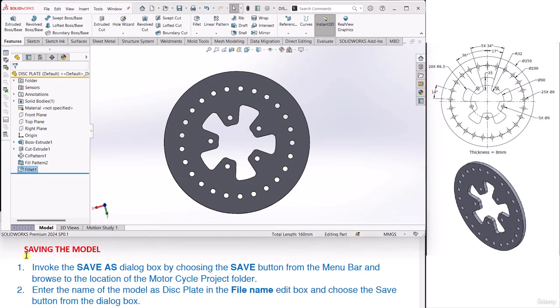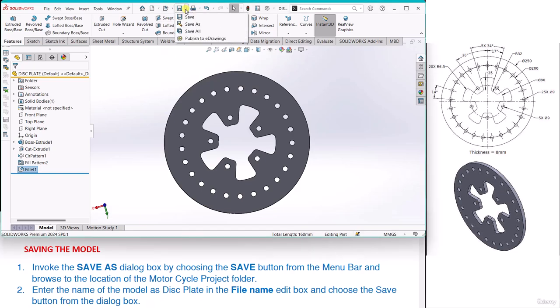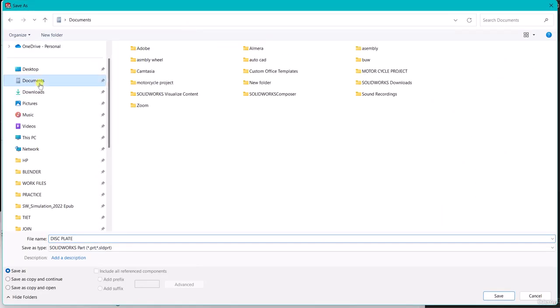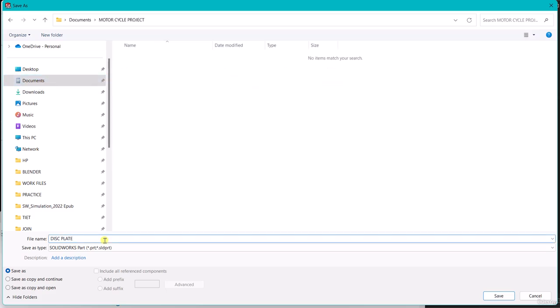Now saving the model, for which invoke the save as dialog box by choosing the save button from the menu bar and browse to the location of the motorcycle project. Also, enter the name of the model as displayed in the file name edit box and choose the save button from the dialog box. Now, go to save drop down, select save as, go to documents, select motorcycle project, put the value disc plate